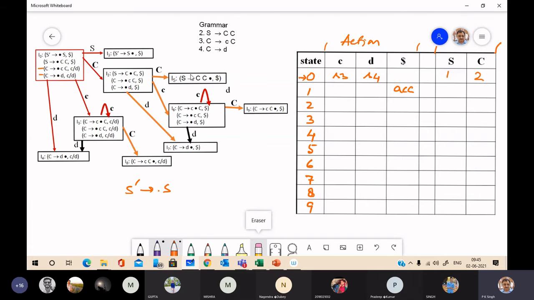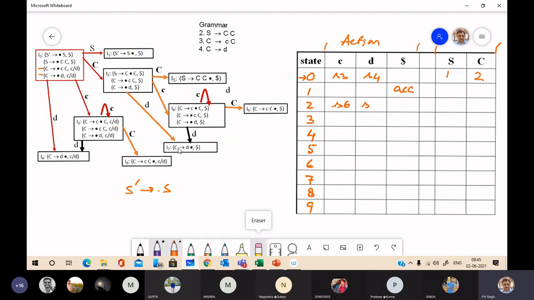Next, we can find the entries for state 2 from item set I2. We have two terminal symbols just after the dot, C and D. So action on C is shift and on D is shift. goto(I2, C) is I6, so here S6.